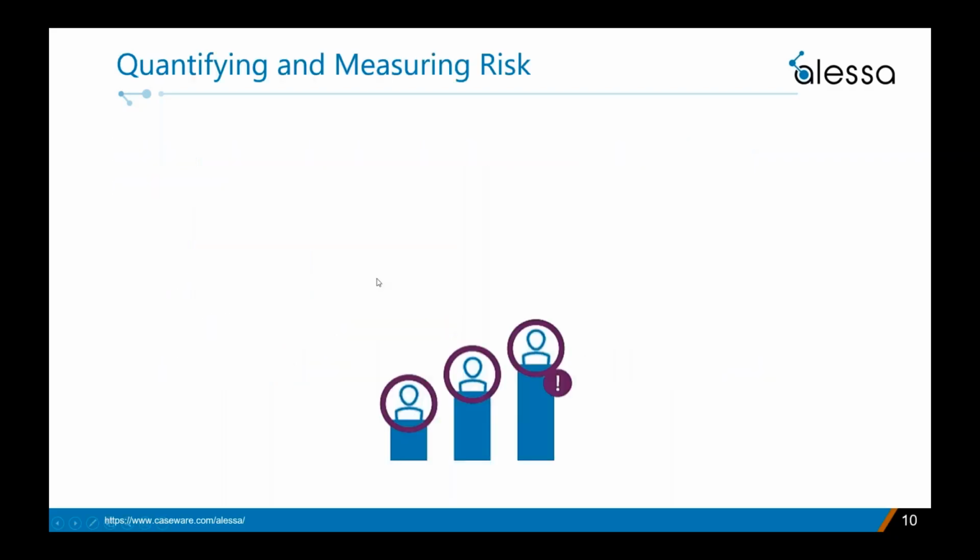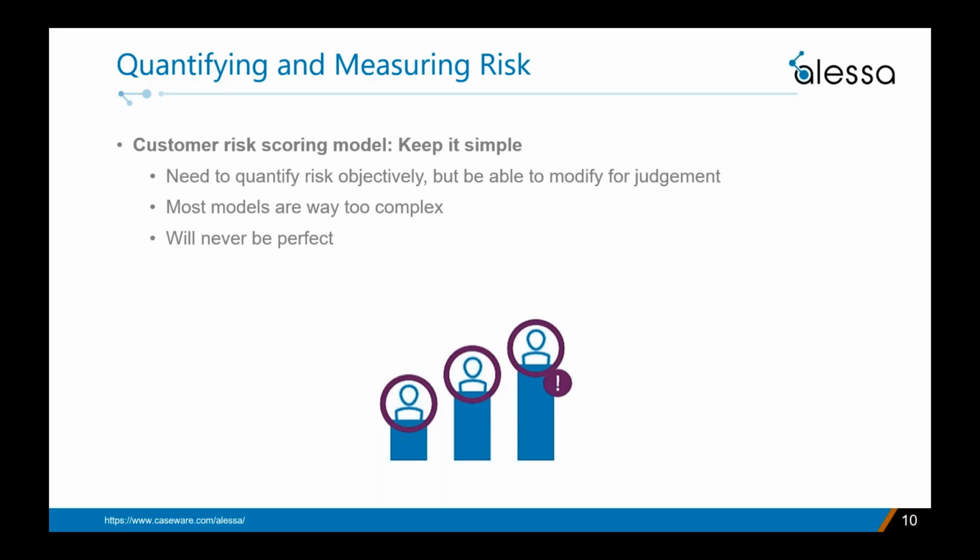Mm-hmm. So before we get into details about the risk factors that are associated with products, services, activities, and behaviors, I want to talk just a little bit more about quantifying and measuring customer money laundering risks in general. Because risk is a somewhat nebulous concept involving uncertainty, we need some way to quantify a particular customer's risk, starting with an objective model. And then if it's appropriate, adjusting that risk score using actual experience with that customer and professional judgment.